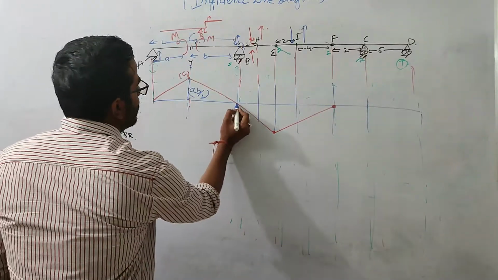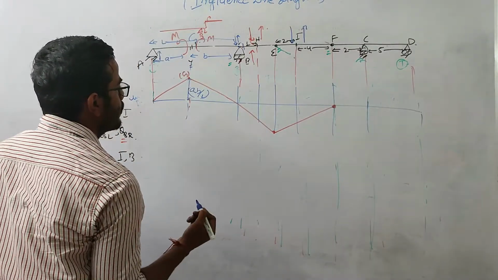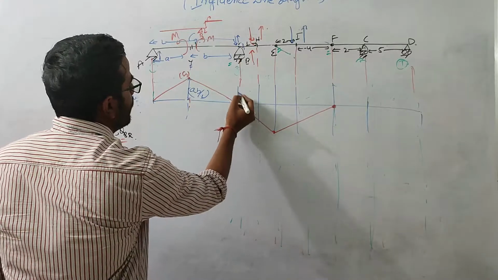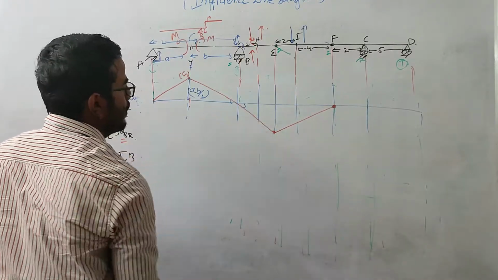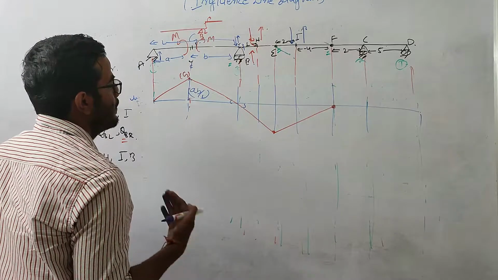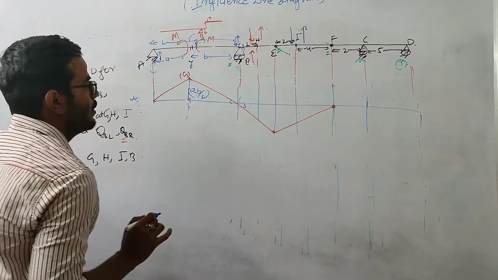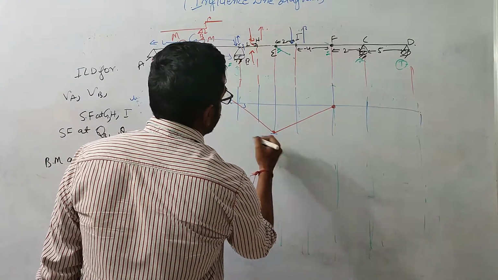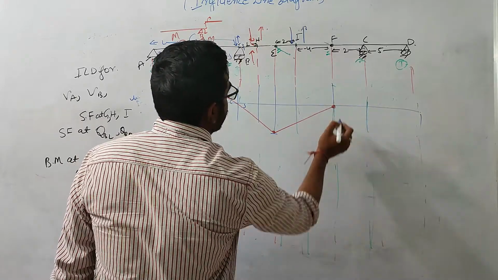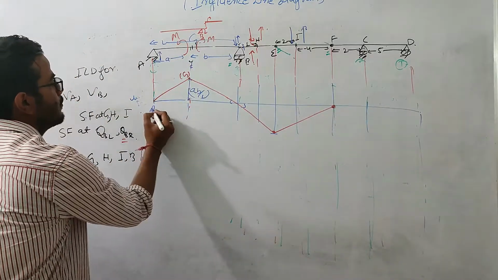At this point, now let us check the support condition. At this point B it is not moving upward or downward, and the slopes are also equal. We are not releasing any moment over here, so the boundary condition is maintained. At E we have different slope, no shearing but different slope. At F also we have some different slope. Okay, this is point A.